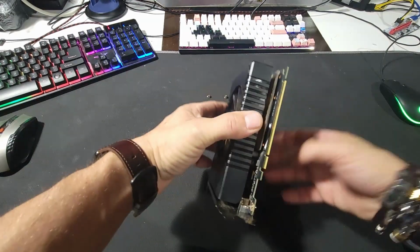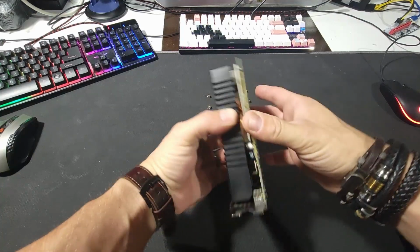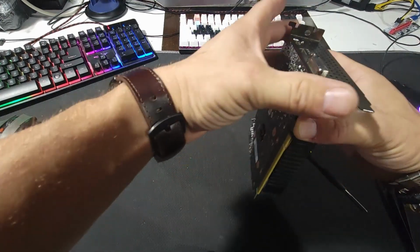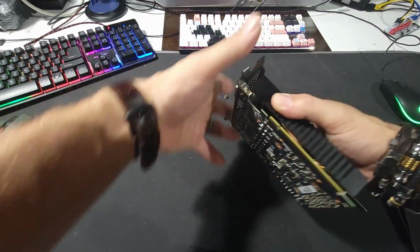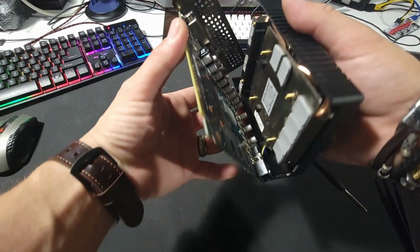I like to flip it over on one side and try to wiggle it a little bit. It will come off. I don't think this card was ever taken apart. So let's just. Oh, there we go. Don't pull too hard on it, because you will have